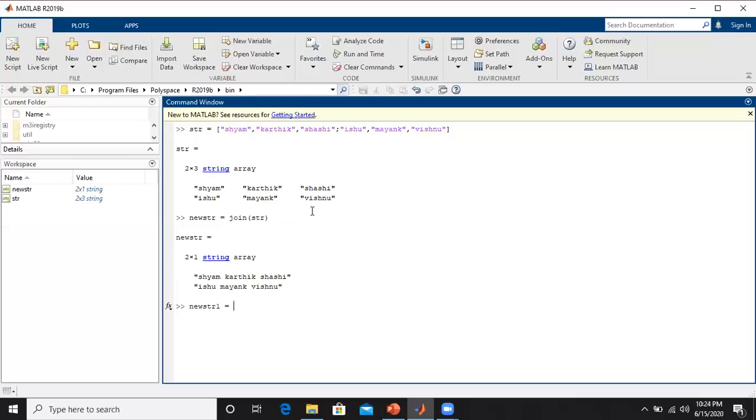So here what I do is I will join the strings. So the variable name for that is newstr with a plus symbol, let us consider. Okay, now in between the names that plus will appear, right? So here you can observe that you just joined those two with the plus symbol, so you got that. So this is the way that we can do certain joining operations on the strings.